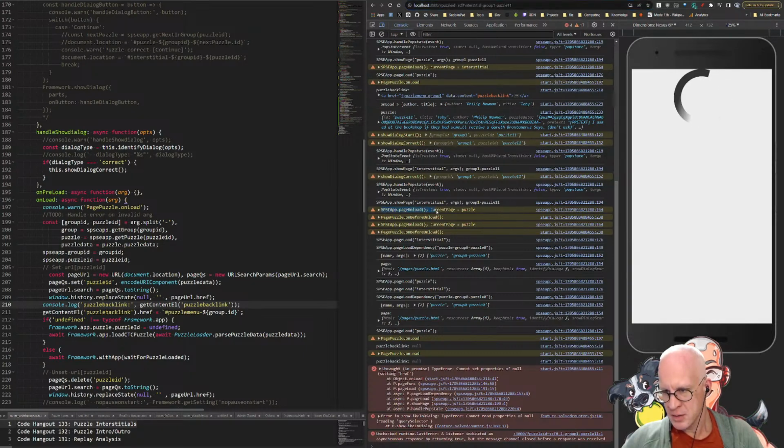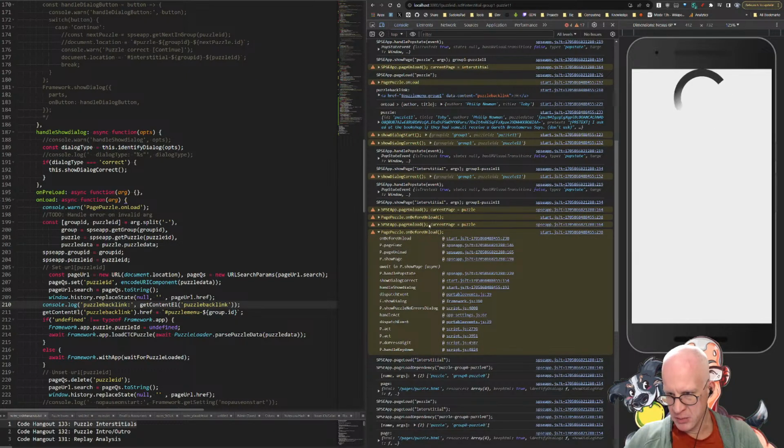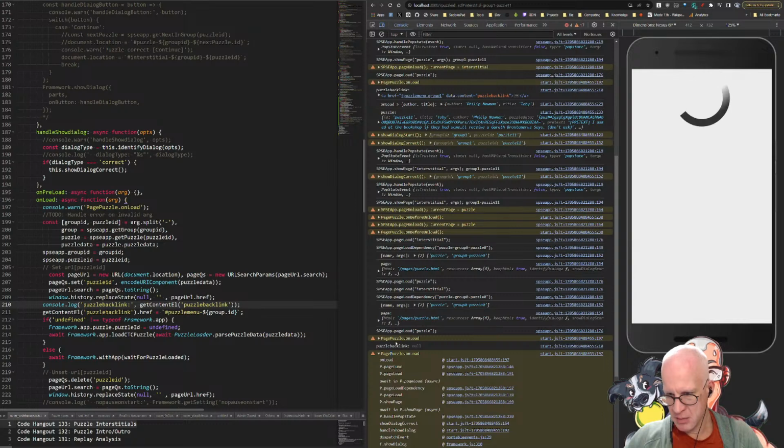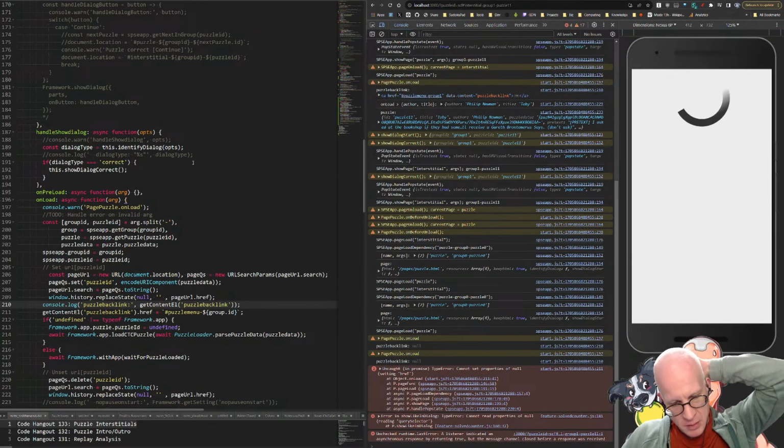So we've entered on before unload, page load interstitial. We're doing the dependency loading. Puzzle backlink is null twice. Unload is called twice. On before unload. Okay, I think there's some overlap, because is it because